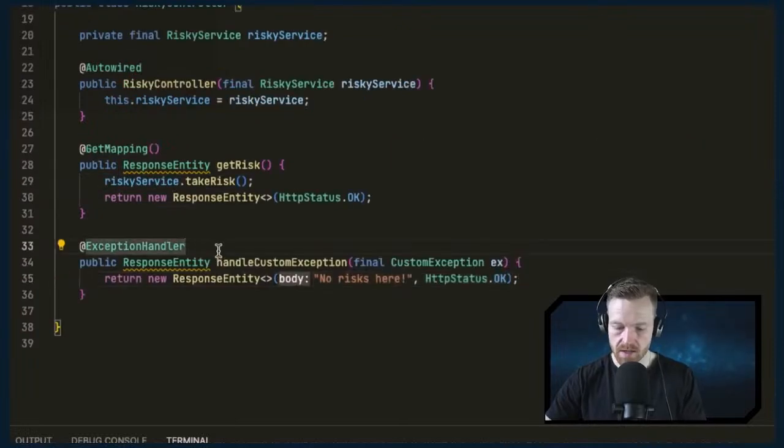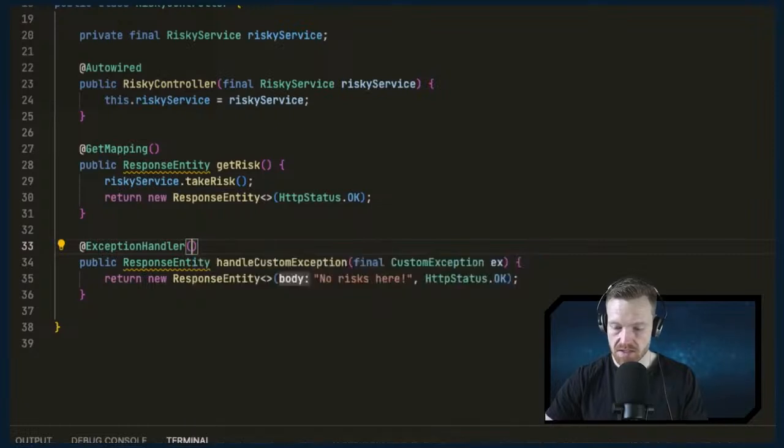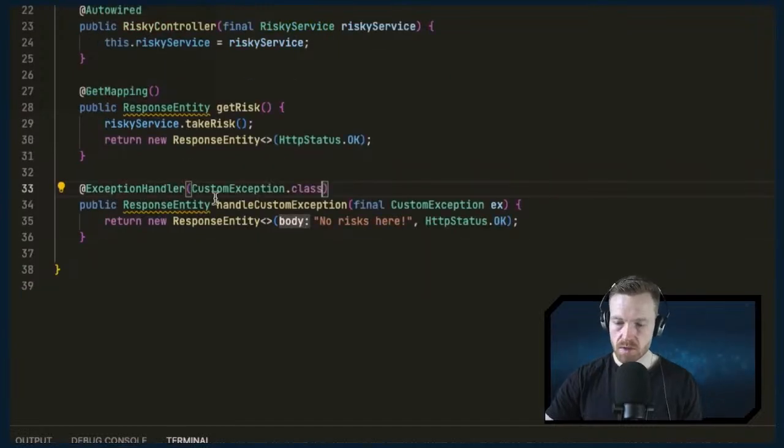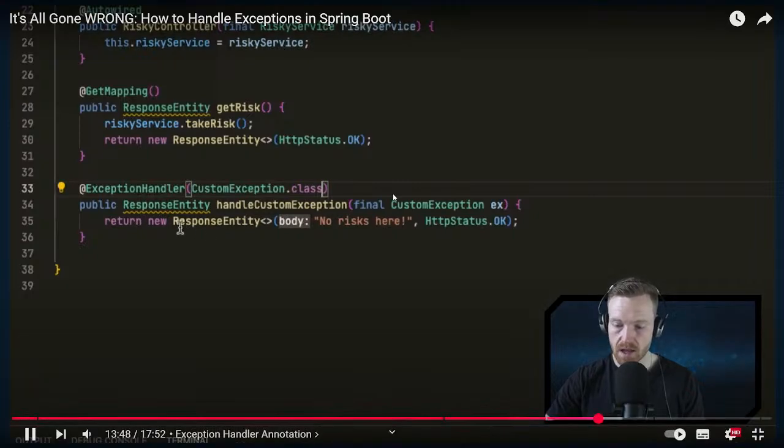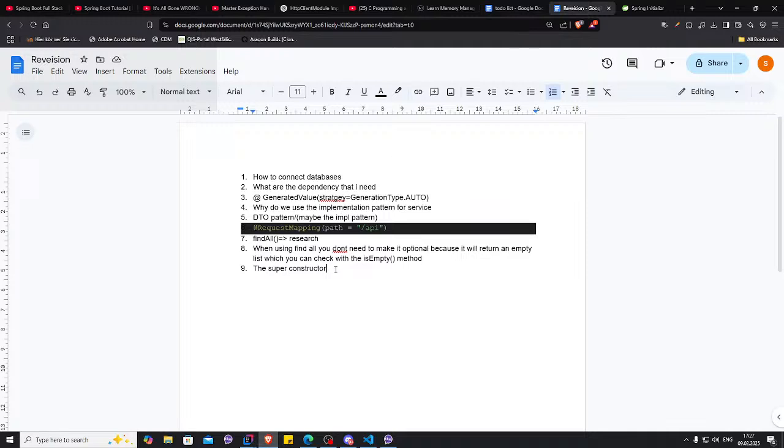And then in the exception handler annotation, the one thing that we need to do is tell it which exception we are dealing with here, which in this case is exception.class. So in summary then, every time a custom exception is thrown inside of this controller, this exception handler